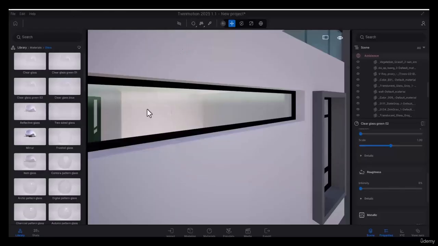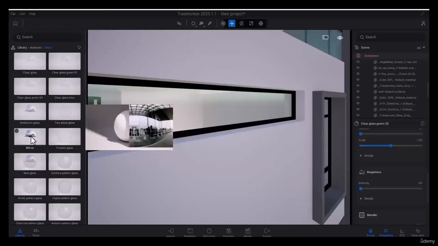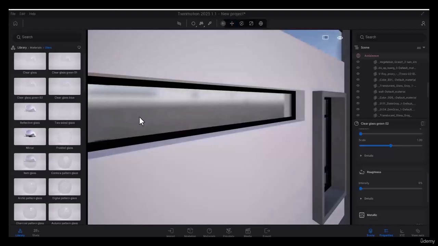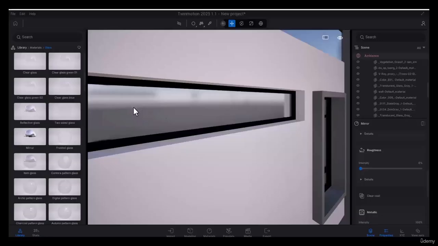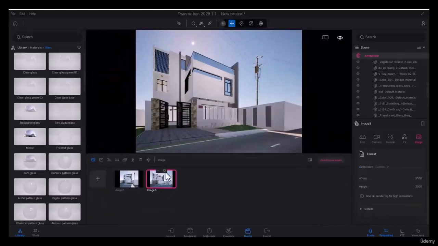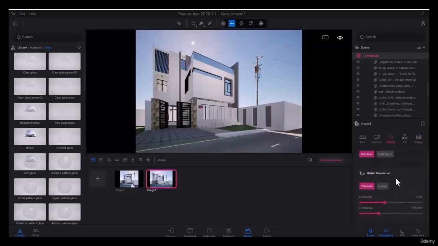Very good. So far, everything is fine. So we can use different modes like mirror. However, notice that despite applying the mirror mode, we can't actually see the reflection accurately yet. The important point is in your settings, you must pay attention. You must be on that image shot, and your render mode must be set to either lumen or path tracer